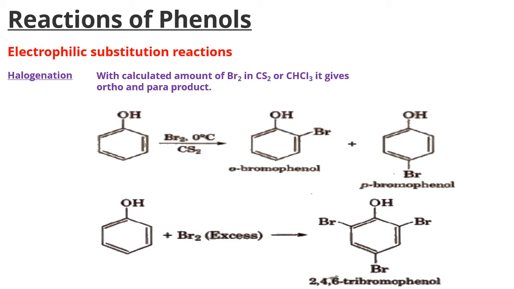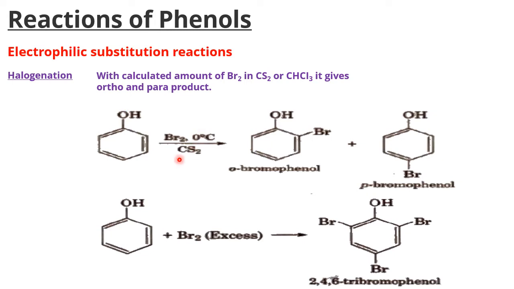So let us not go to the classification part now. Already we learnt. A simple phenol is hydroxybenzene, and phenol is the common name. Phenol is a more popular name compared to hydroxybenzene. So let us study the properties, especially the chemical properties, the reactions of phenols. Where there is a benzene, there is an ES reaction. Because here also we have benzene, it has to give ES reactions, electrophilic substitution reactions. So accordingly, this is an example for halogenation.